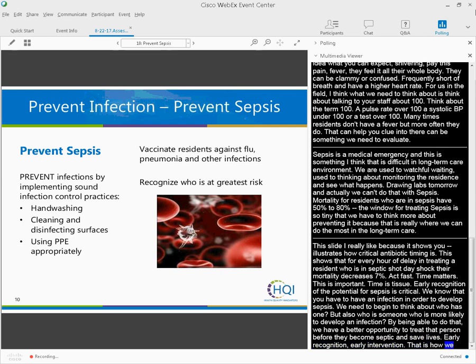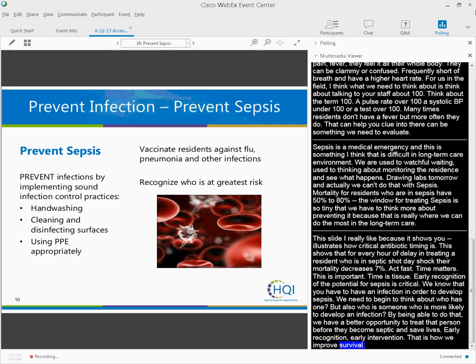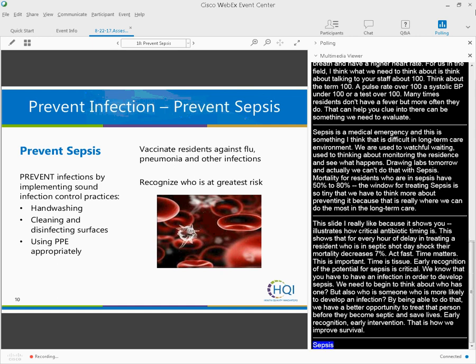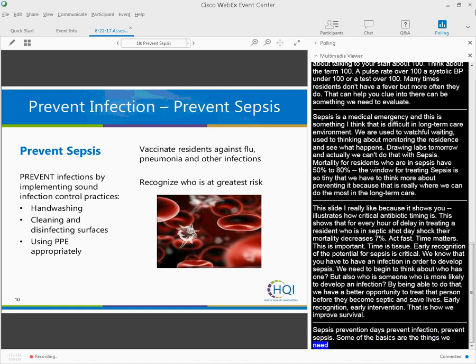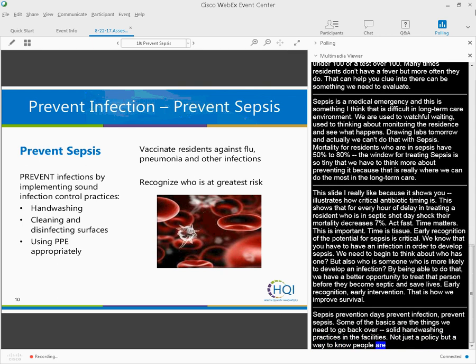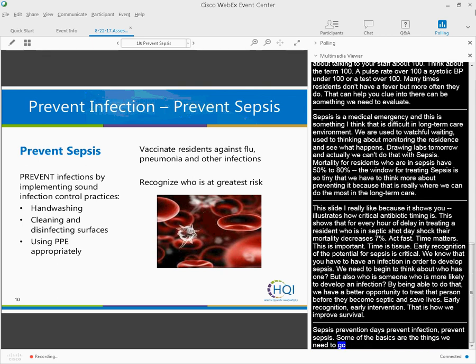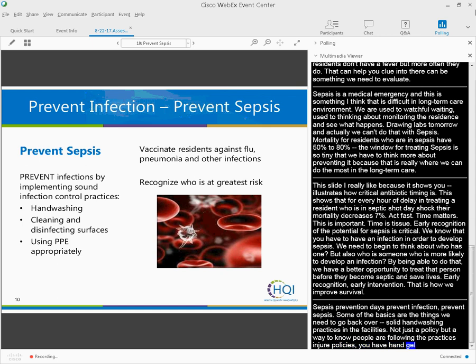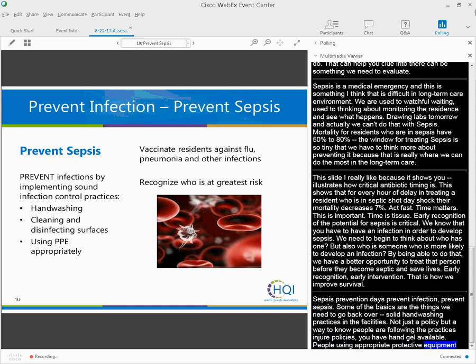Sepsis prevention. Prevent infections, prevent sepsis. And some of the basics are the things we need to go back over. Solid hand washing practices in your facilities. Not just a policy on hand washing, but a way to know people are following the practices in your policy, that you have hand gel available, people are using appropriate personal protective equipment, and really focus on cleaning and disinfecting